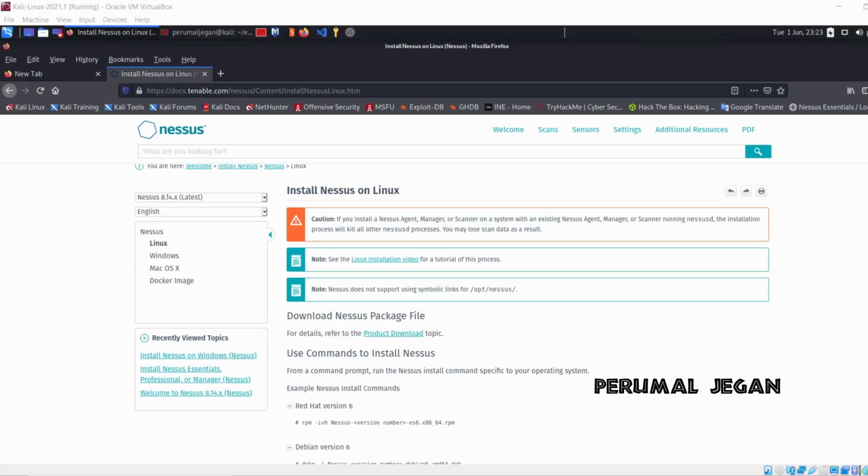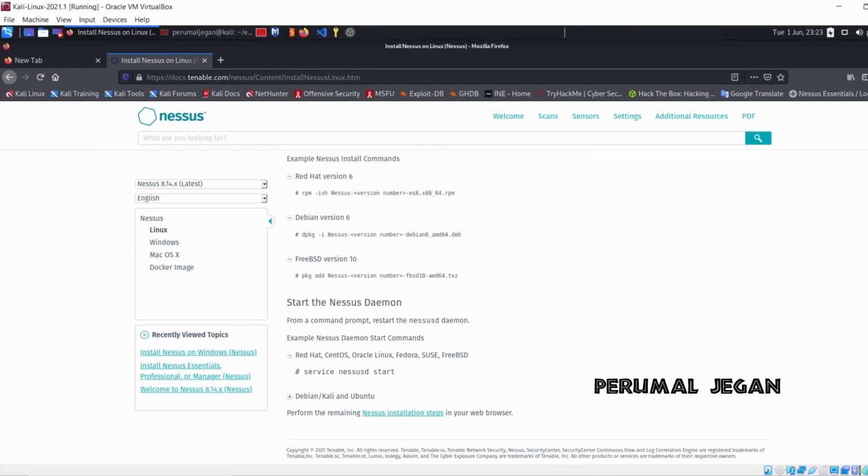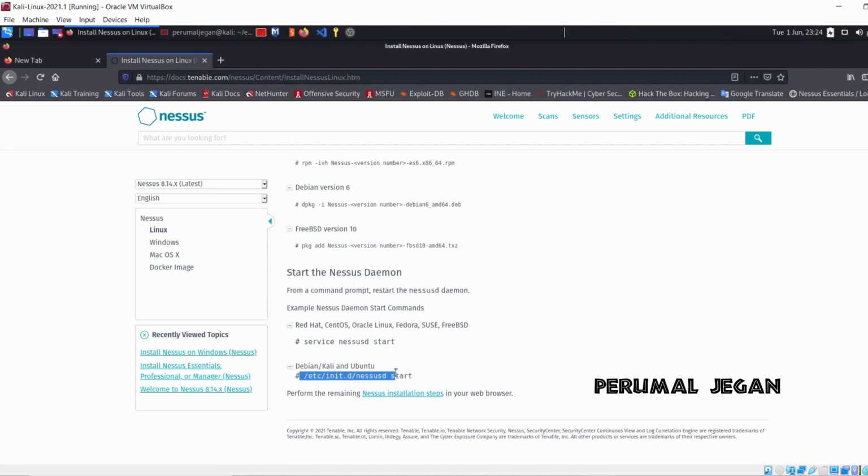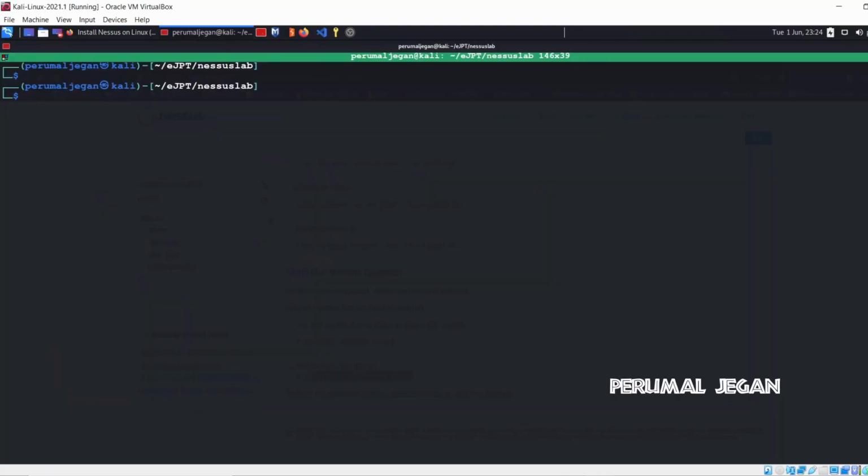Okay, then these are the common commands to start the daemon in Linux distributions. If you are using Kali, you have to use this command. Now all I need to do is start the daemon. Let me start this.